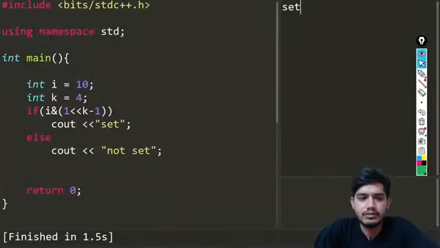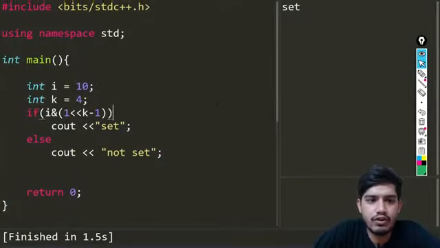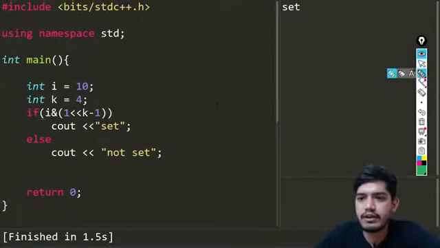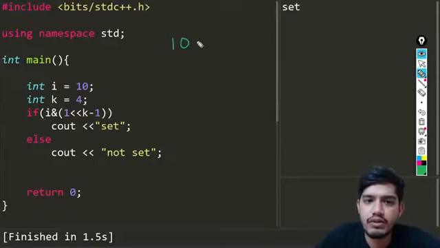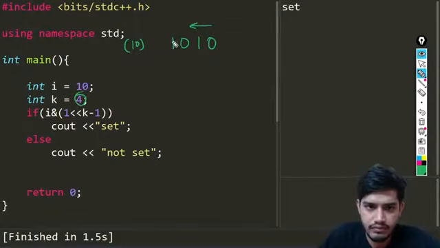So guys, you can see we are just talking about this value only. Okay, so let me explain again, don't get too confused. We have this 1010 which is nothing but 10, and we want to check whether this bit is set or not. So which bit? The fourth bit from our right. So if we just count from the right, what is the fourth bit? This is the fourth bit, and we need to check whether this is set or not.